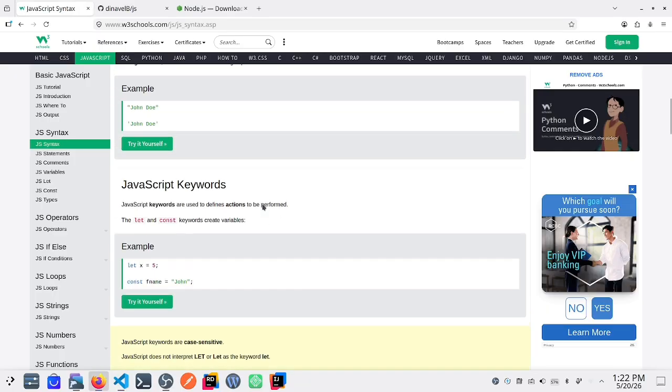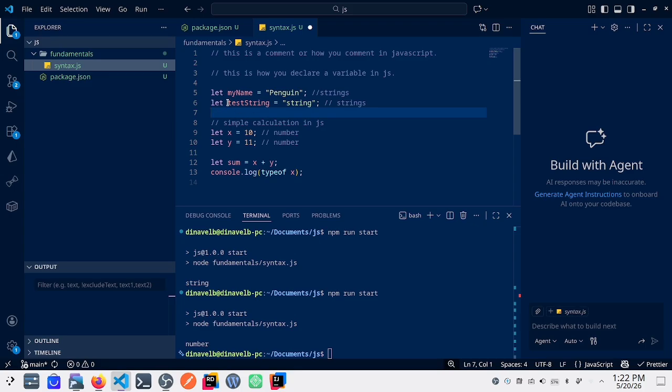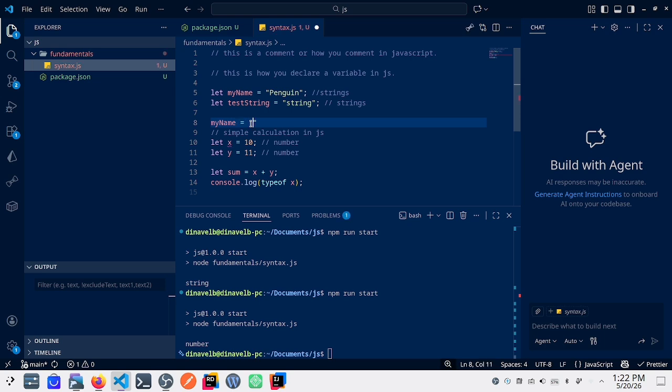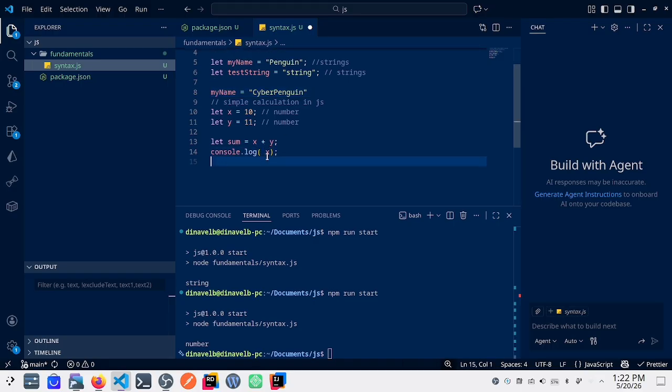Okay, so back to the keywords of syntax: we have let and const. So let means you can redeclare a variable with a new value. So let's test myName as cyber penguin, and we can print it.